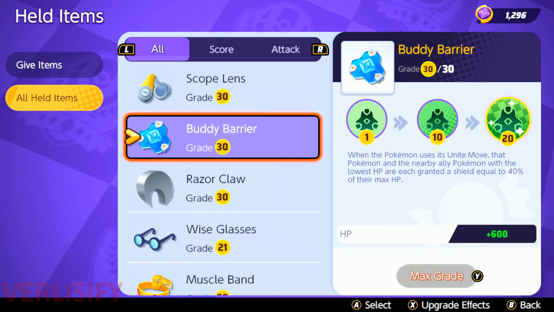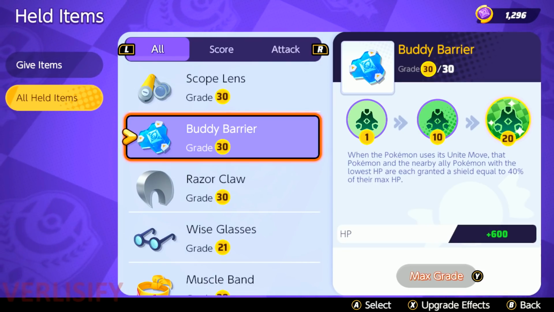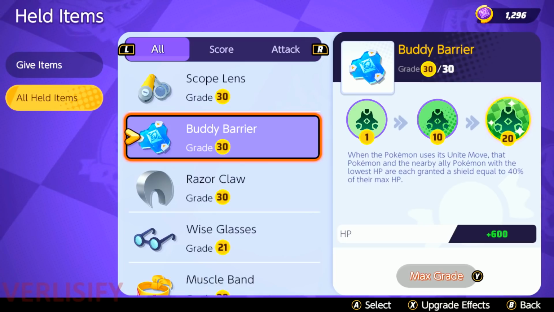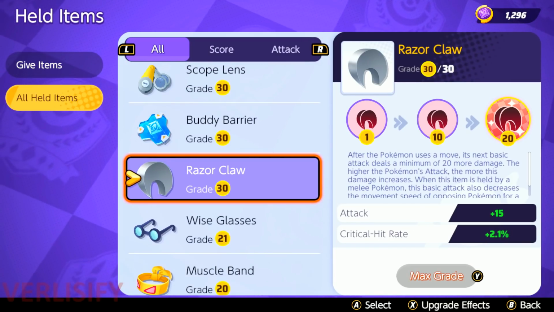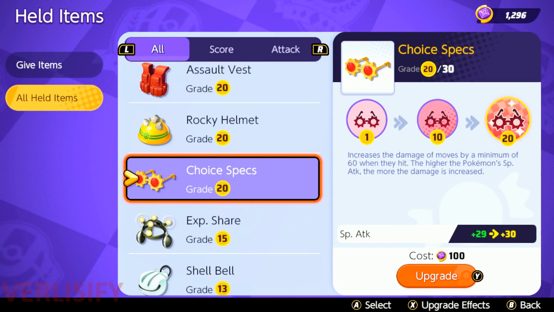If Zapdos gets nerfed, Buddy Barrier isn't needed. If Buddy Barrier gets nerfed, Buddy Barrier isn't needed. If Dreadnought gets nerfed, Buddy Barrier isn't needed as much. If that happens, if anything knocks Buddy Barrier down from 100%, then Weakness Policy is good. Until then, Razor Claw beats out Focus Band in some situations, and Choice Specs beats out Focus Band in some situations,